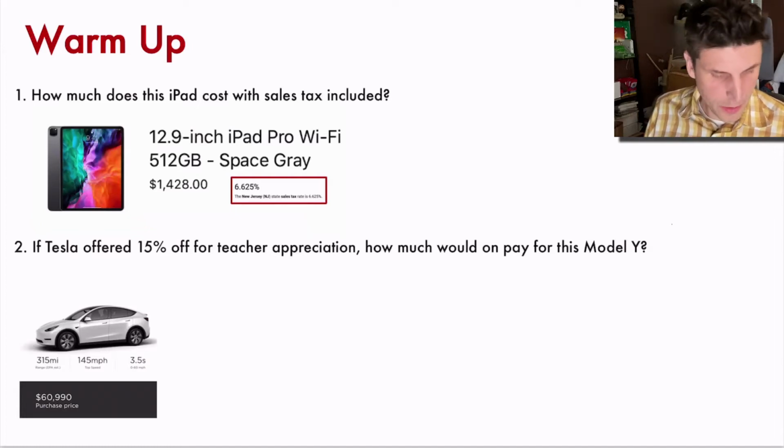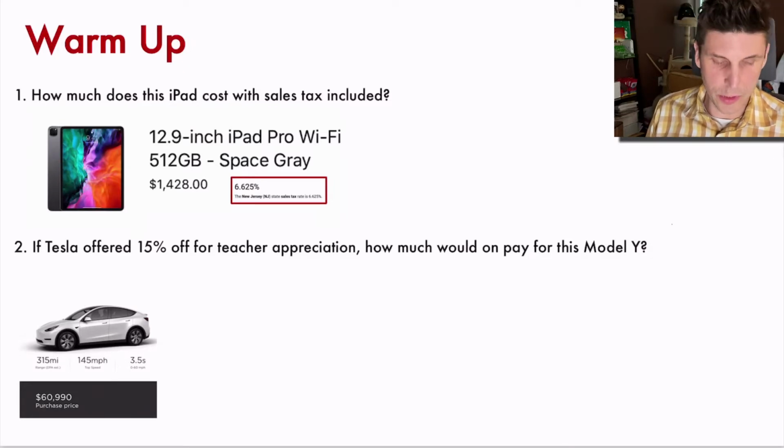Welcome back, everybody. Today we're going to be talking about modeling with exponential functions. What that means is pretty much real-life applications. Nothing too crazy, but something that's fun and I would say relevant. And all right, so in order to get warmed up, I think it's important that we also talk about just